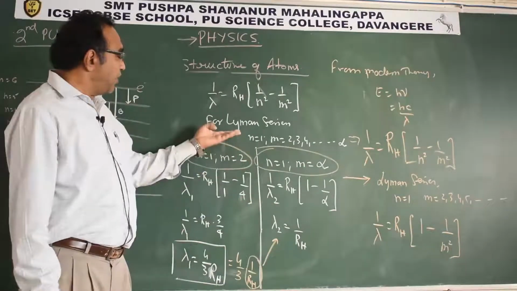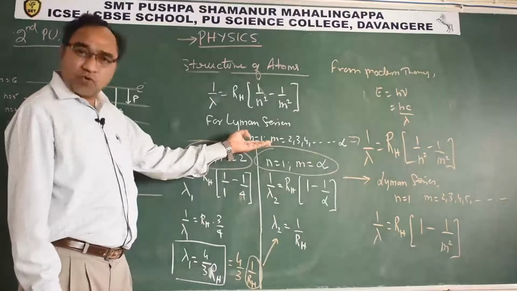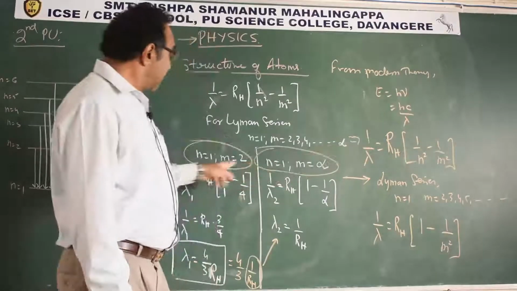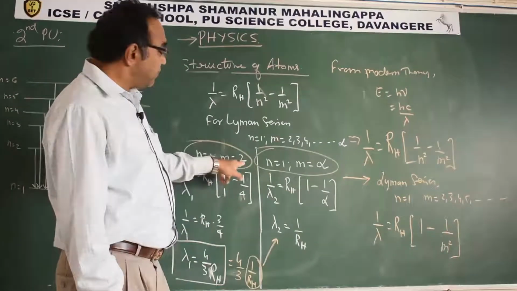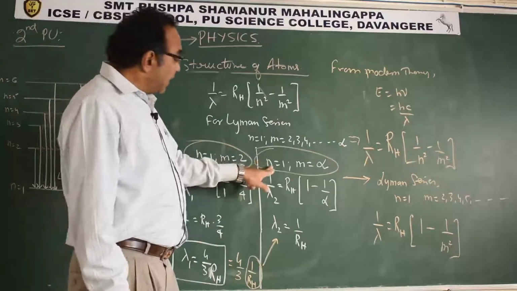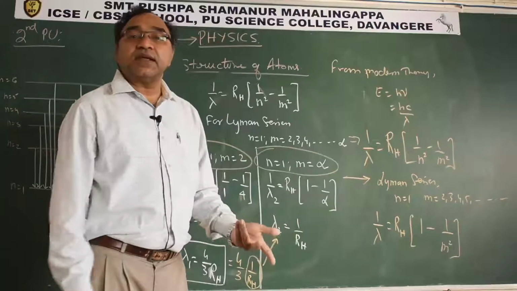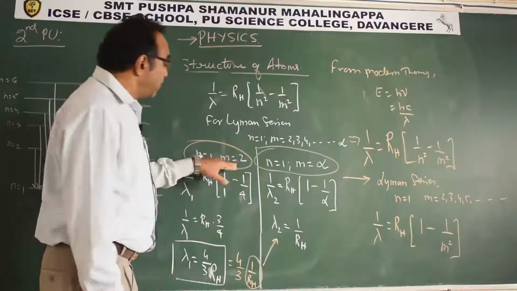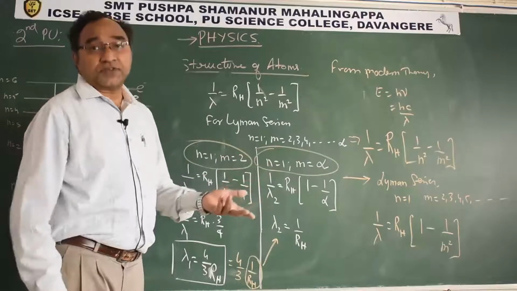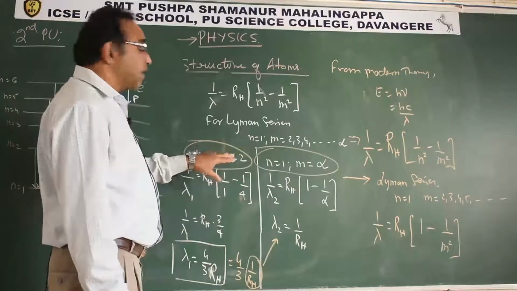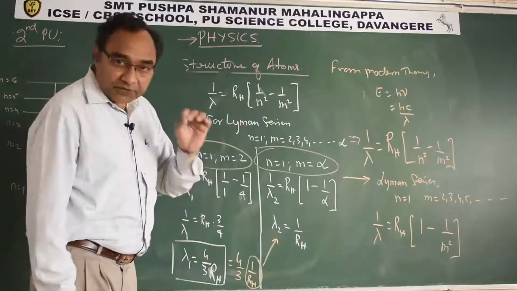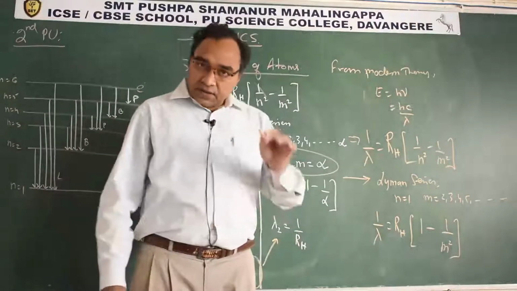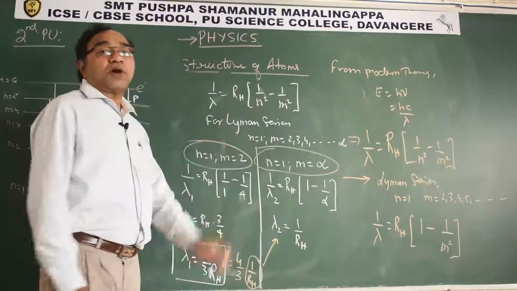I have justified by taking calculation. Same thing you can do for Balmer series. Take n is 2, m is 3, 4, 5 up to infinity. So take one case n is 2, m is 3. Take n is 2, m is infinity and find out the relationship. You will be able to make out which one is longest and which one is shortest. That is exactly how we can make out longest wavelength as well as shortest wavelength. This is a very common type of question which is asked from structure of atom.